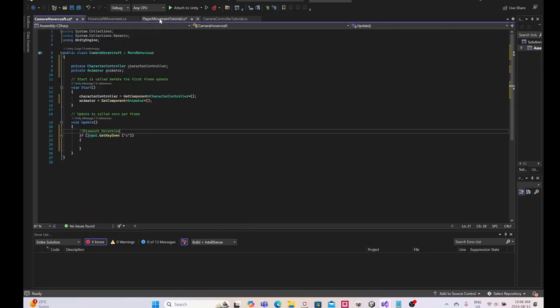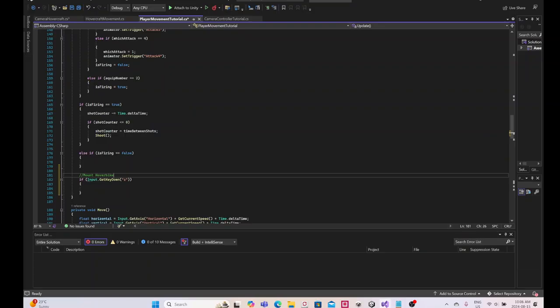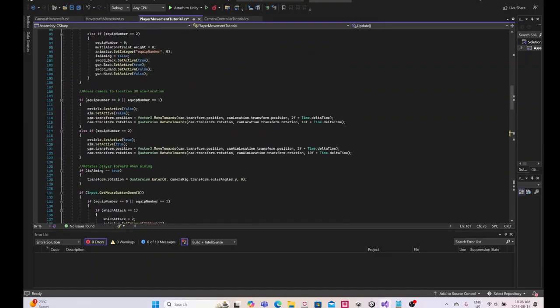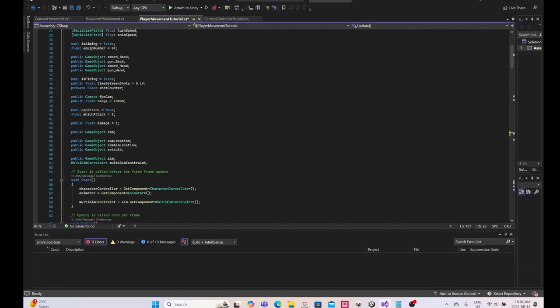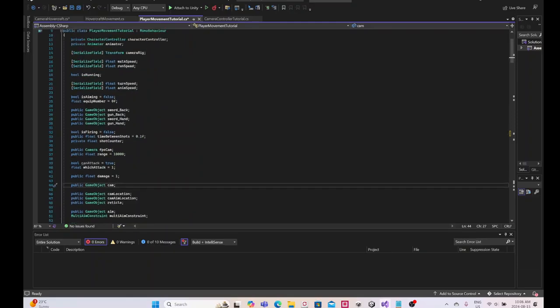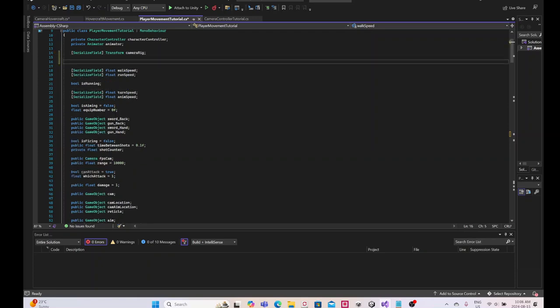So when she's not sitting on the hoverbike, first of all I need, under this game object cam, actually under this